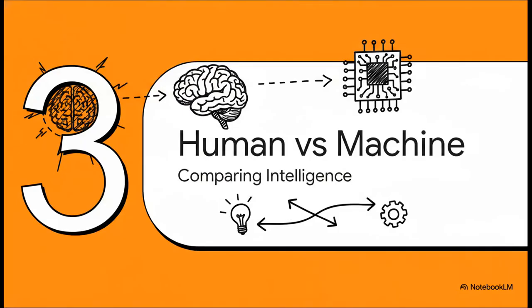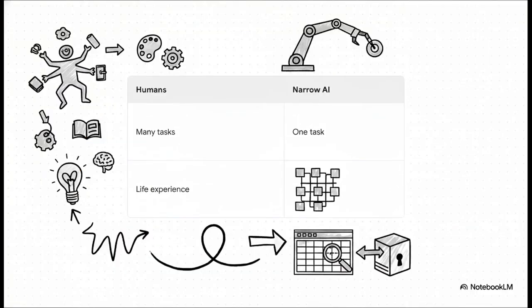All right, Section 3, Human versus Machine Intelligence. This brings us to a really critical junction in our lesson today, where we need to contrast this machine efficiency against our own human capabilities. It's super easy to look at a smart algorithm and think, wow, it's just as smart as a person. But when we contrast these capabilities side by side on this table, the differences are striking. Take a look. On the left side, humans can perform many varied tasks.